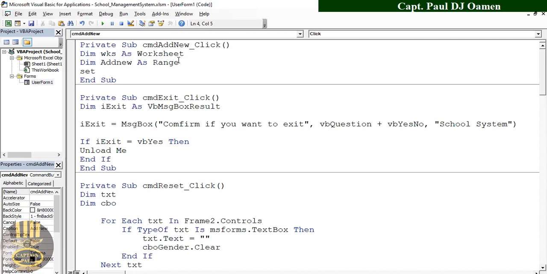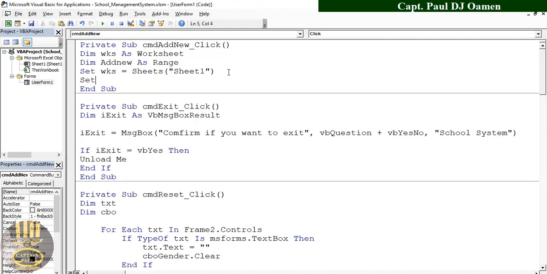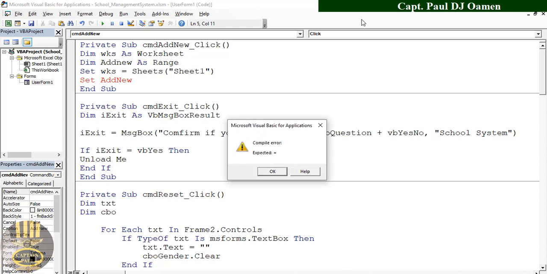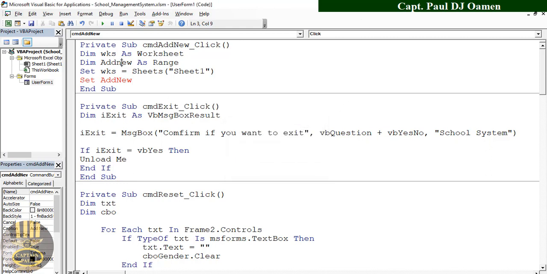Now I'm going to set worksheet, this WKS, equals the very first worksheet, the worksheet that I have in here. I only have one anyway. So let's open up a bracket and just put that in there. Close that. Use uppercase here. So this should have been worksheet 1. Now set add new. Let's make this uppercase. Add new